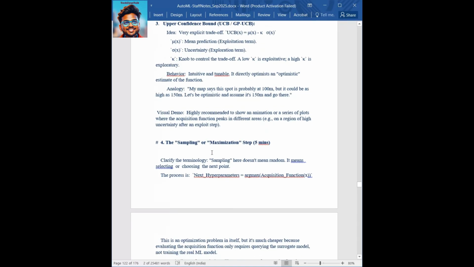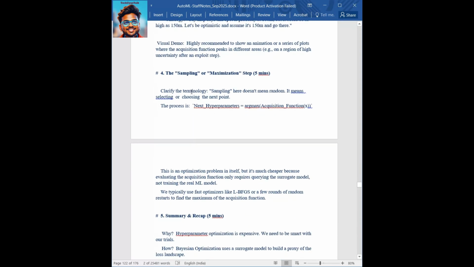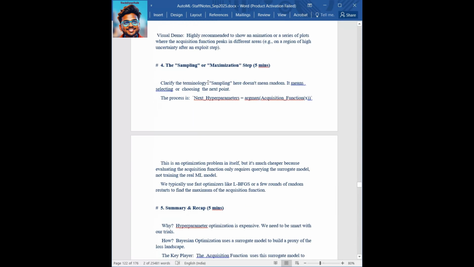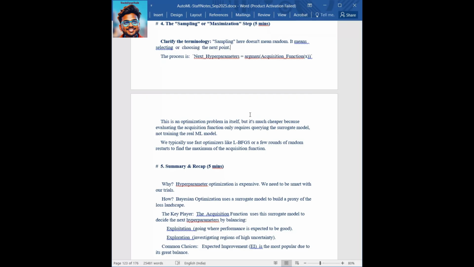Next is the sampling or maximization step. Let's clarify the terminology. Sampling here doesn't mean random; it means selecting or choosing the next point. The process is: next hyperparameters equal argmax of the acquisition function of x. This is an optimization problem in itself. It is much cheaper because